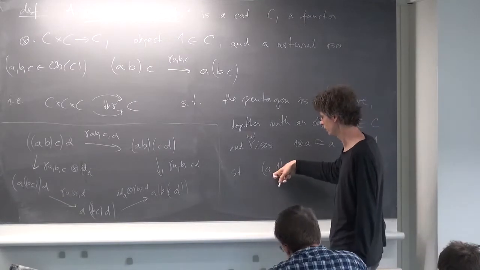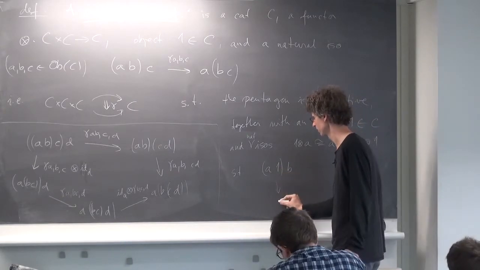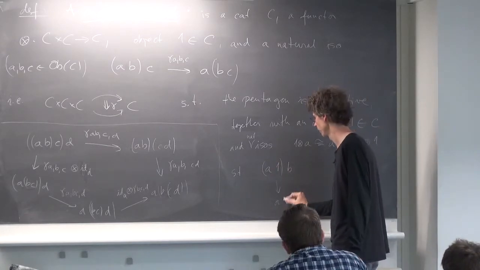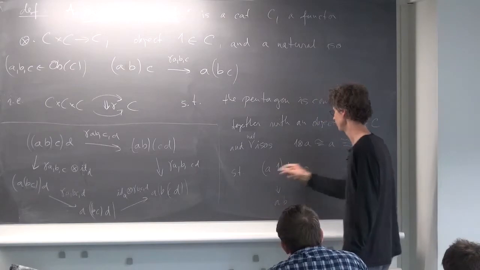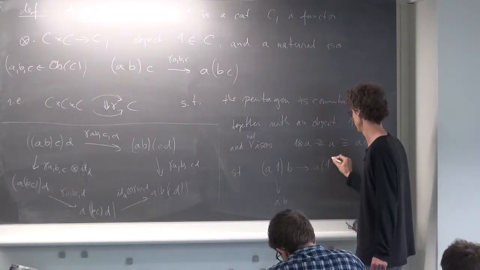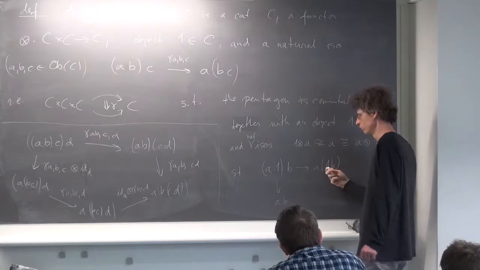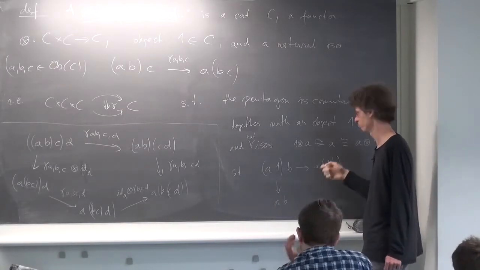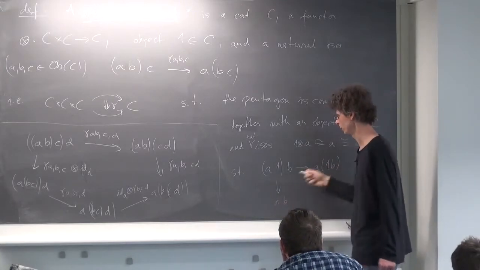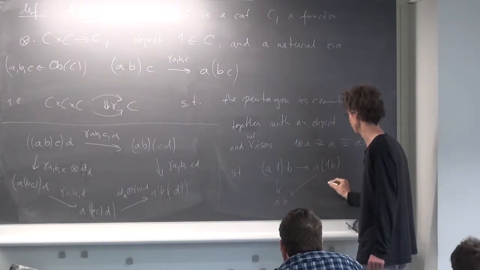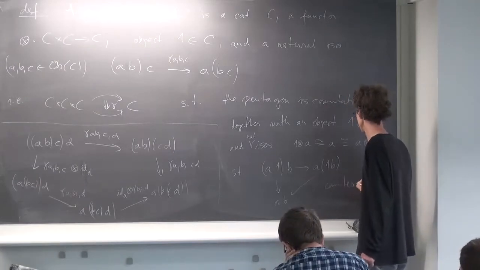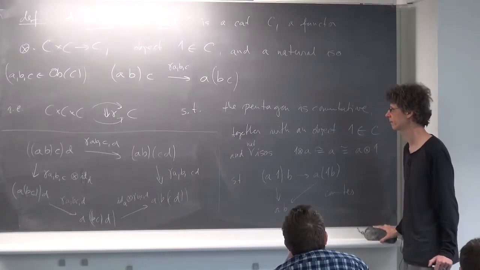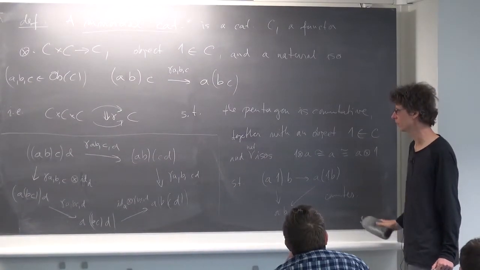Either I can directly use this isomorphism, so this becomes isomorphic to A, so it's just the product of A with B, or I can re-bracket things, get to A, 1, B, and now we use the isomorphism between 1 times B, and tensor it with identity over A, such that this commutes. Okay, now